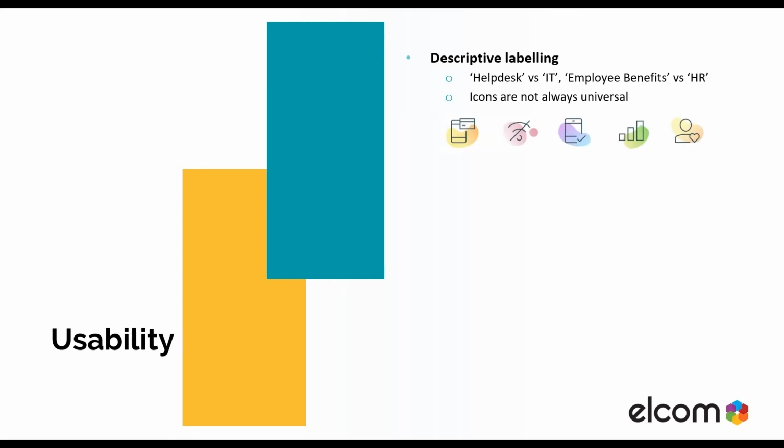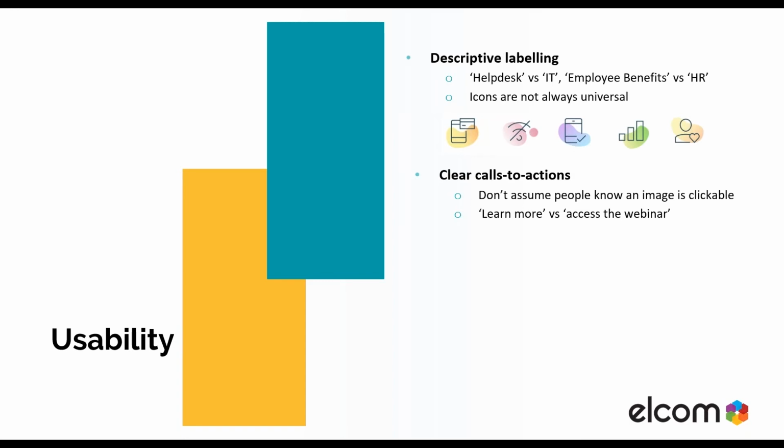Clear CTAs prompt employees to take the next logical step. No one's wondering what to do or where to go next. For instance, if you want the user to click to read more details about a news article, have a CTA that says read the full story instead of hyperlinking the image used and assuming users know they should click on the image to read more. I'd also recommend you use descriptive text links to set expectations. So using the term access the webinar as opposed to learn more,